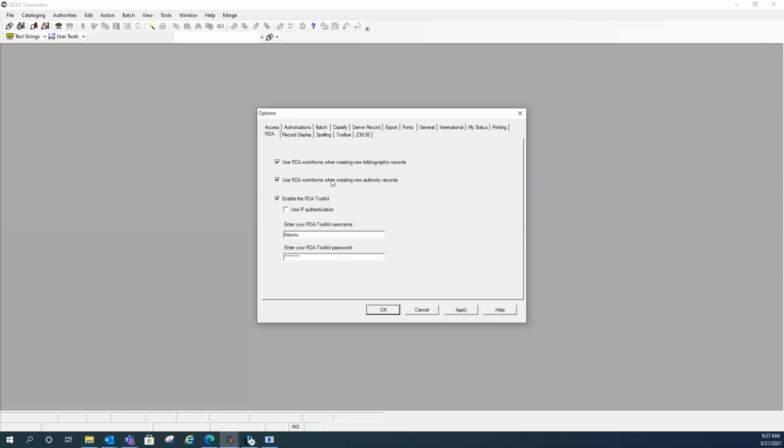So use RDA work forms when creating new authority records. You don't need to have that checked. There are some of us here at the system that can create authority records, so we do use RDA work forms for that. So just a note that all records now coming into the Polaris database must be full level